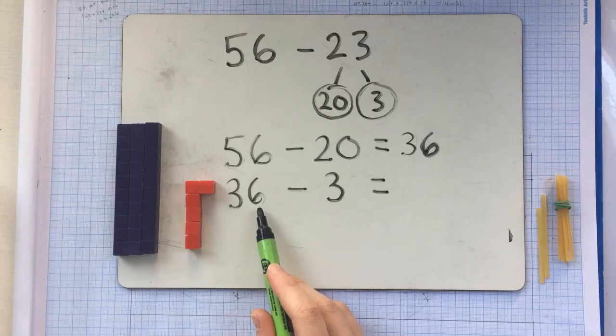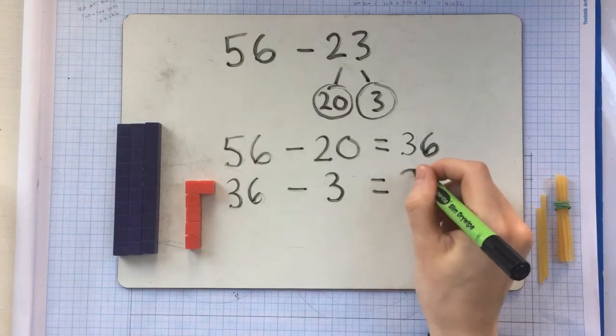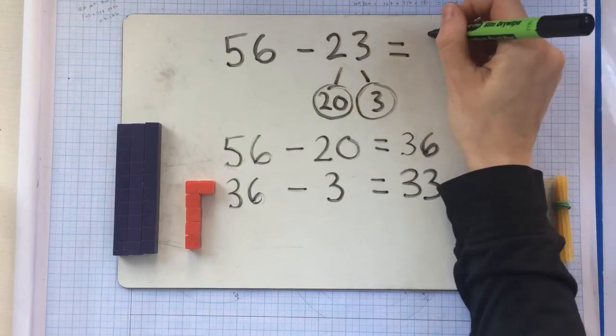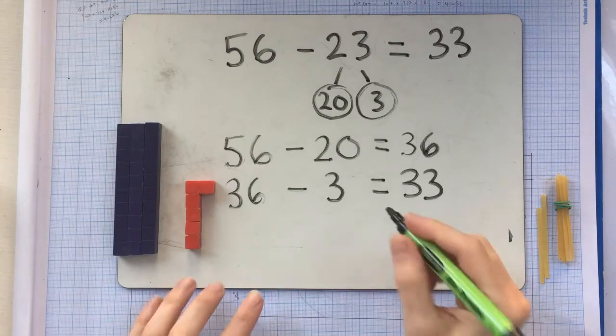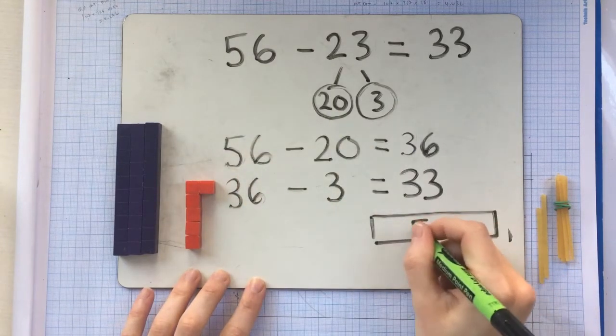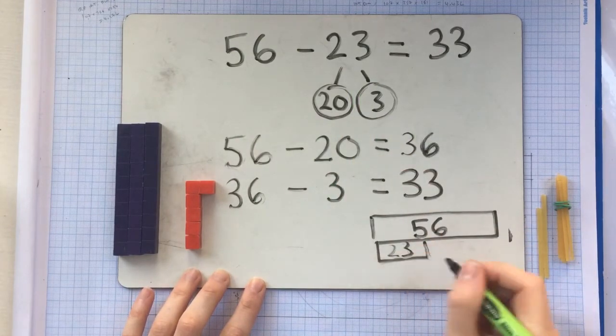So if I know that 6 minus 3 is 3, then I know that 36 minus 3 is 33. So 56 minus 23 is equal to 33. And at this point, it might be useful to get your children to think about representing what they've just done in the bar model or in a part-whole model or both, so that they can really see visually the relationship between the numbers. So we've got 56 as the bigger number here, and then we've subtracted 23 and we are